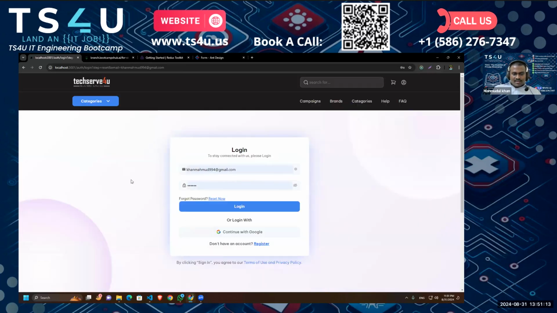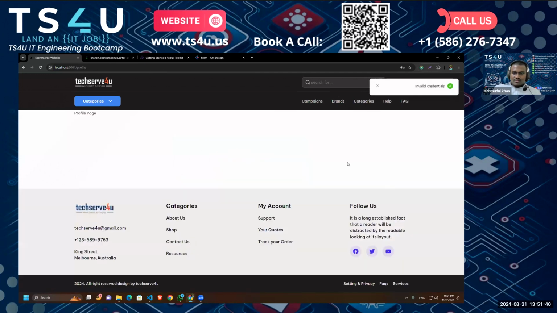Now that I have changed my password, let's try with my previous password, 2, 3, 4, 5, 6. Okay, let's try it with our previous password. If I try to log in, okay, we have our invalid credential error, and now let's enter the new password, 098765. Okay, now you can see we are successfully logged in,